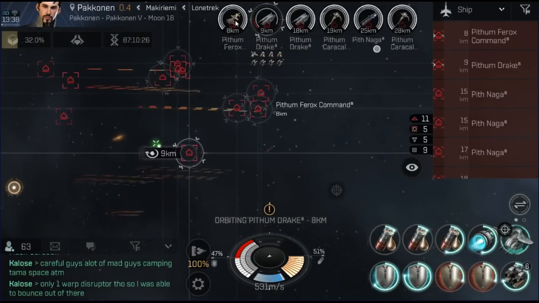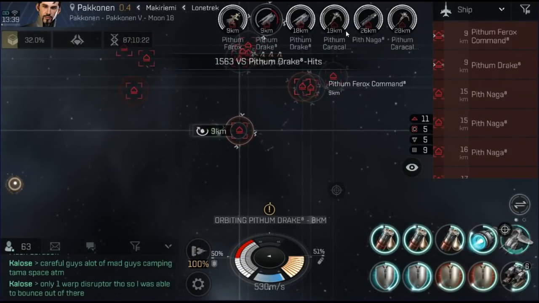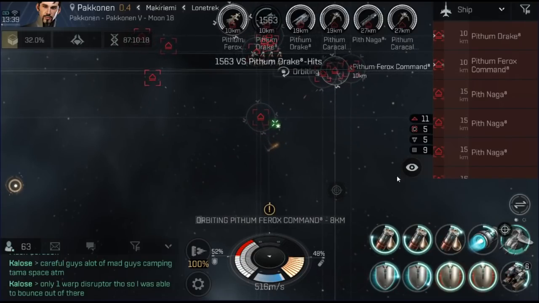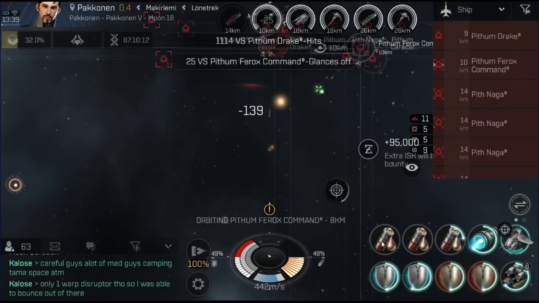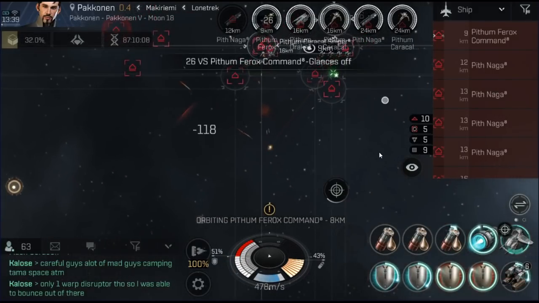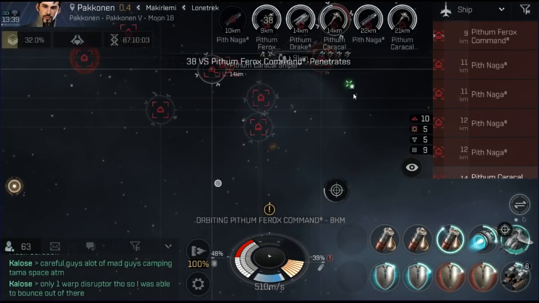Okay, this Drake's going to go down, surely. Wonder if I should just take out the Caracal sniper. It's probably doing quite a lot of DPS. I'm going to orbit that guy now. I'm actually just going to kill the Caracal sniper whilst orbiting this Ferox for...